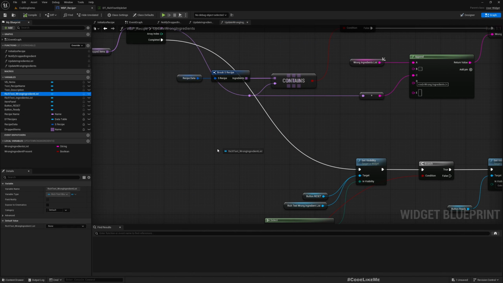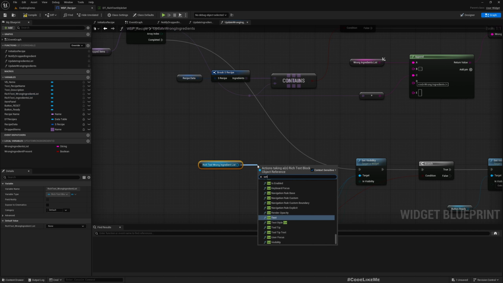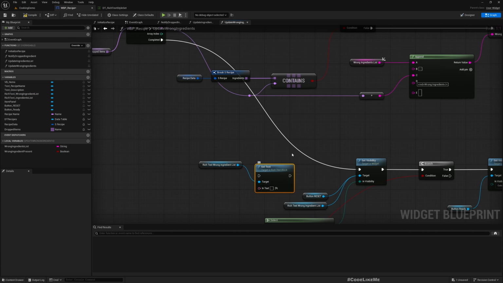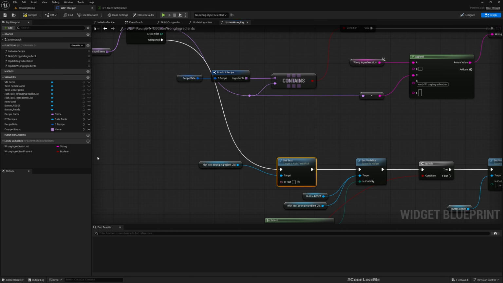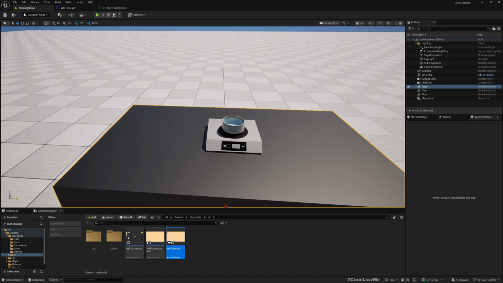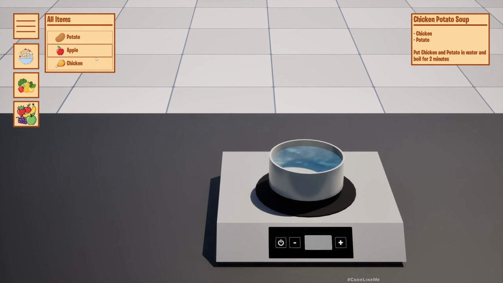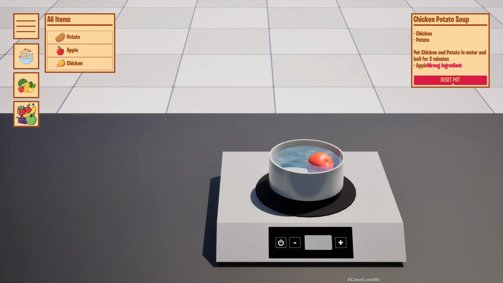Rich text, wrong ingredient list, the text with the wrong ingredient list string. Yeah, now it's correct. So the next thing is when I hit reset part, this should be cleared out, and